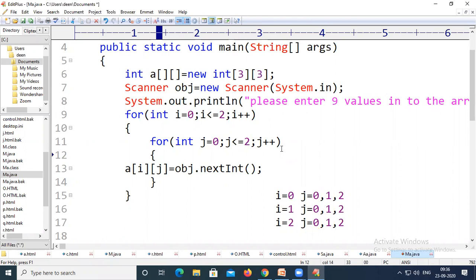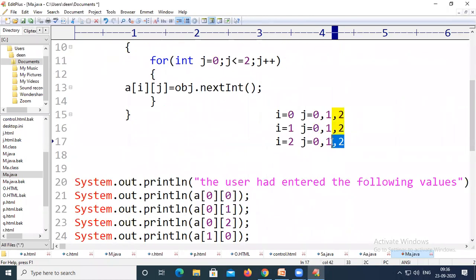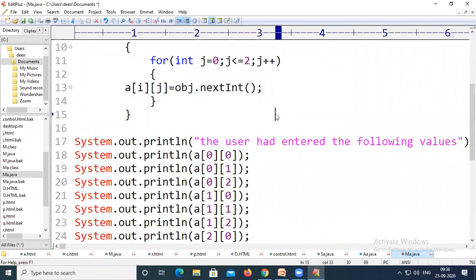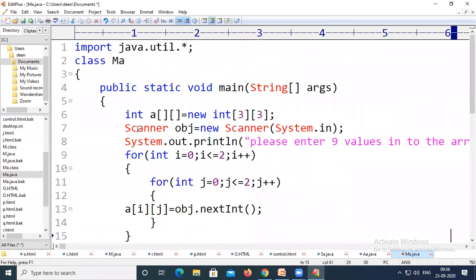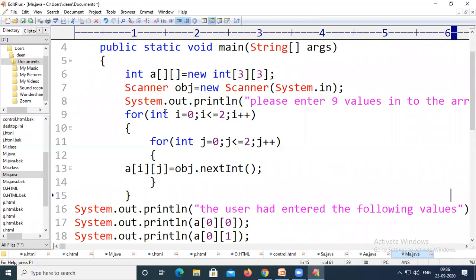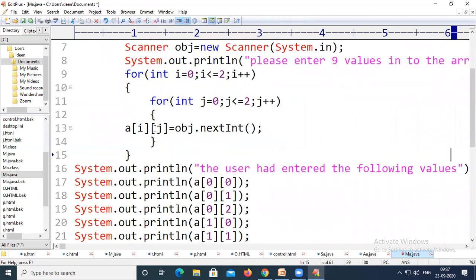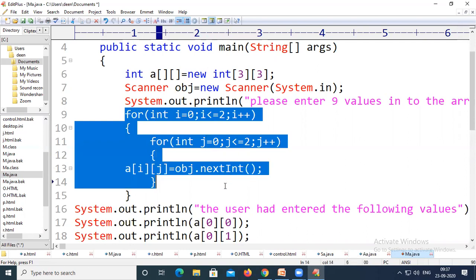So people who don't understand how the for loop will behave and how the for loop will work in a program, please see the video on for loops. I have explained the for loop. That means I have explained the control statements. Not only for loop, I have explained all the things. Here we are using for loop. The people who don't understand how the for loop is used in the program, you can follow the control statements videos, which are on our college YouTube channel. Right now, let us repeat the same thing.